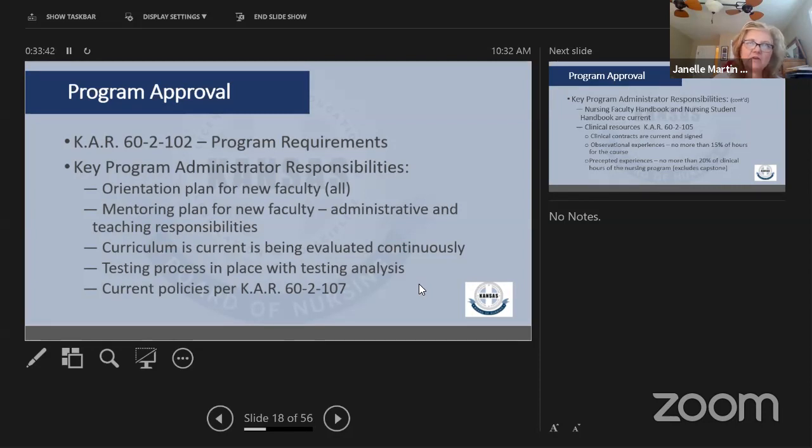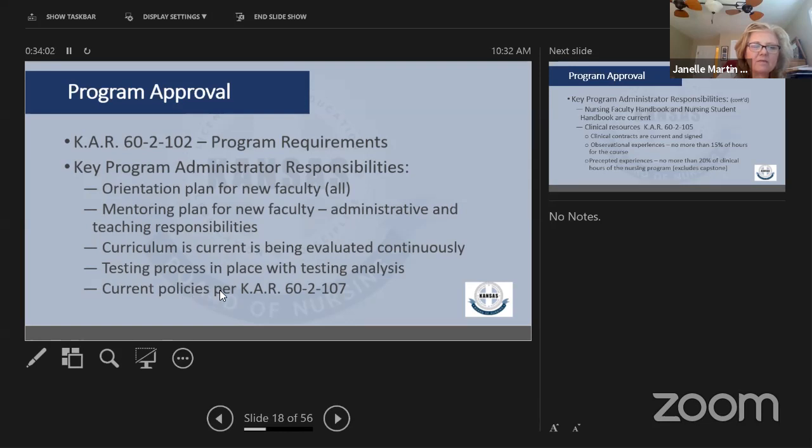And I think we've had a lot in the last year or two on the next gen NCLEX exam and how they're going to be looking at testing. So there are some ways we can begin to use those ideas of clinical judgment and build that into the testing process.